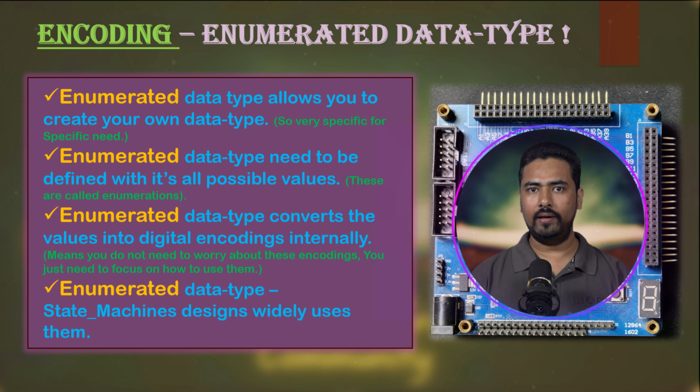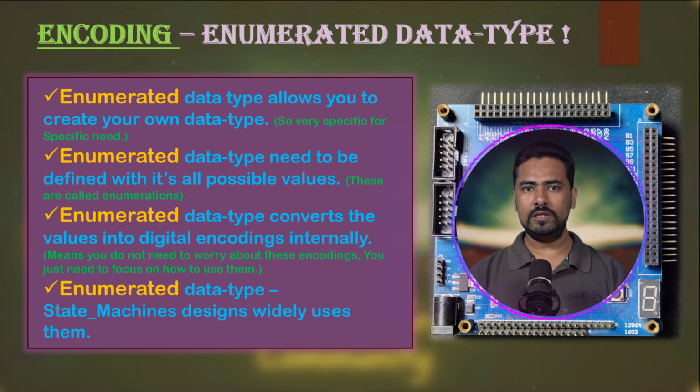When you are declaring an enumerated data type, you are essentially defining a set of named values that the data type can take on. The std_logic data type is defined in the std_logic_1164 package, which is why you need to include this package to use std_logic in your programs. Similarly, you can create your own enumerated data types by listing out all the possible values inside it. And these data types can be used to define signals, variables, and other data structures in your VHDL code.